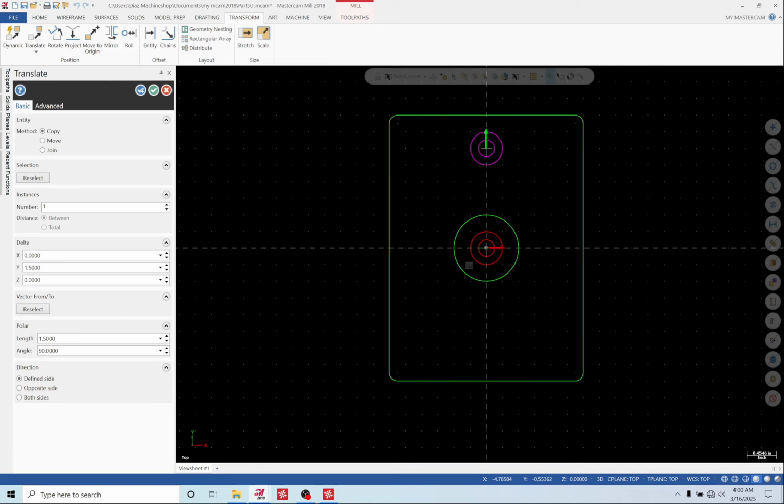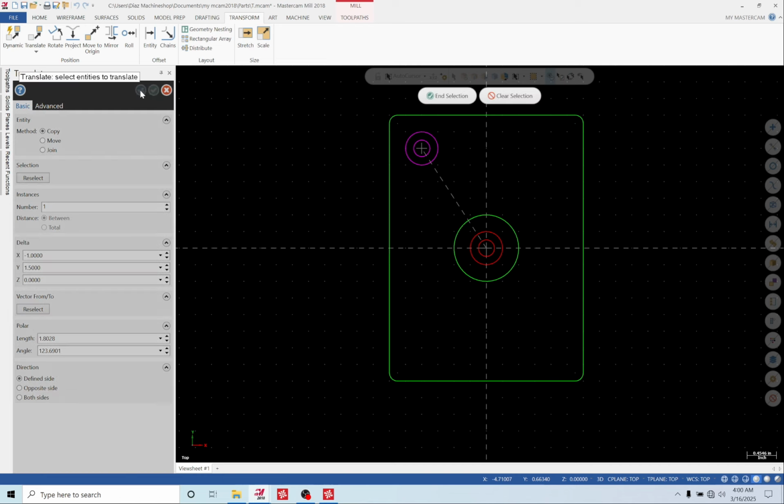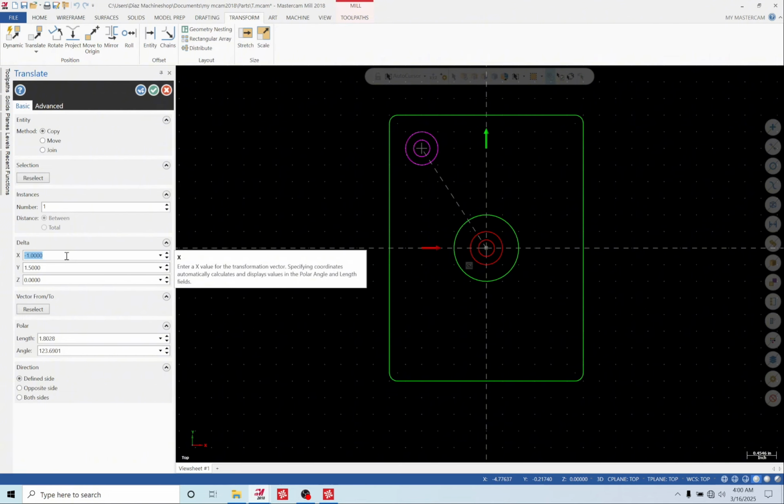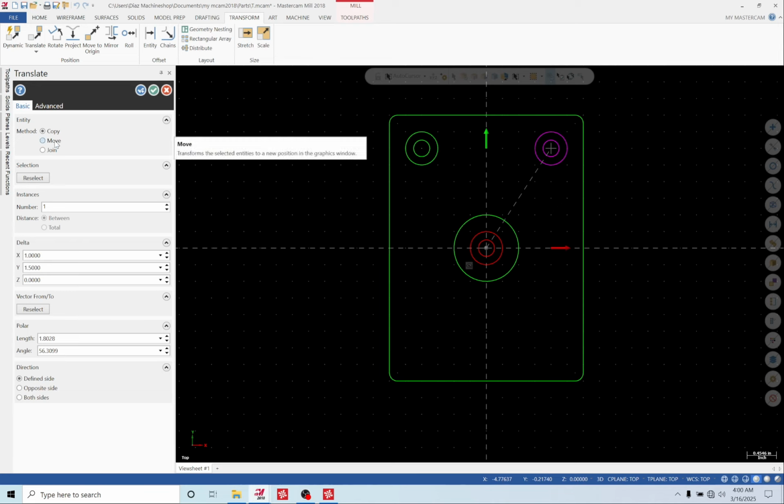and we're gonna go up, let's say 1.5, and you could do this manually on the x-axis and y-axis, positive and negative. Or you could also use these arrows right here to do. Go ahead and place it there for now, and then we're gonna go ahead and select it again, do the same, but this time we're gonna do positive. And this time around we could actually move it so that it moves it to the corner now,